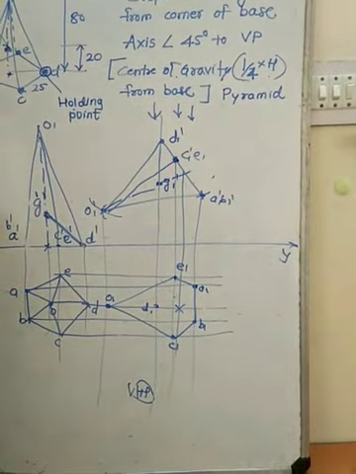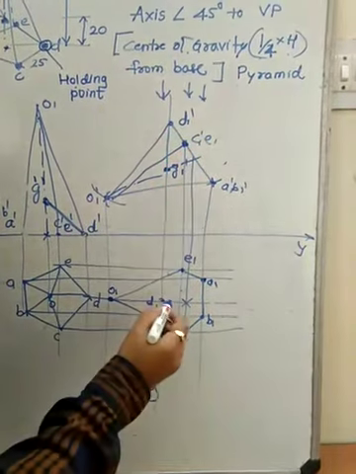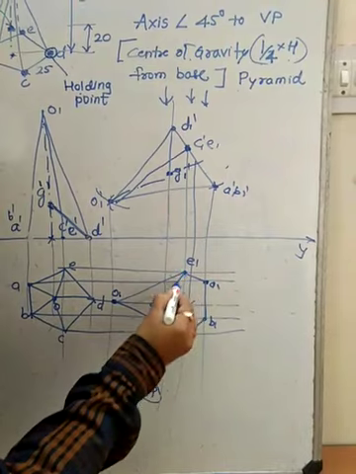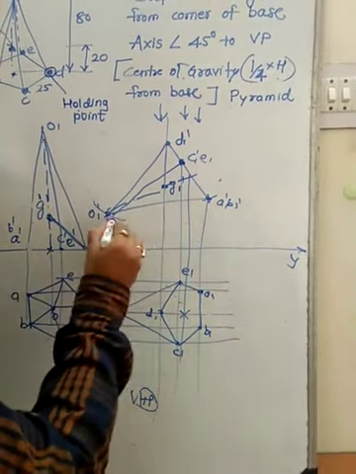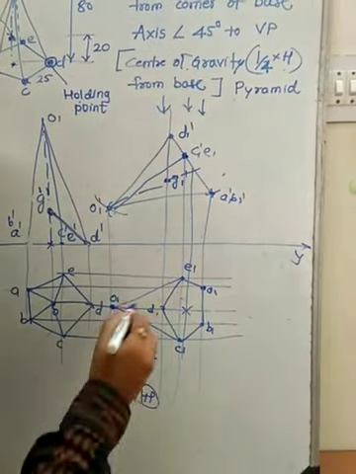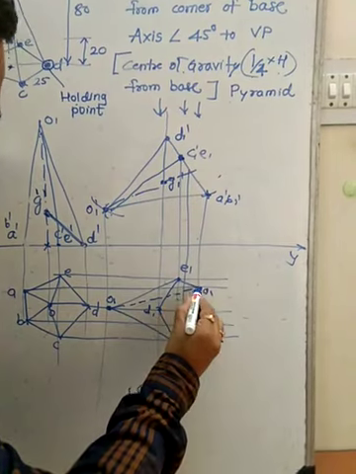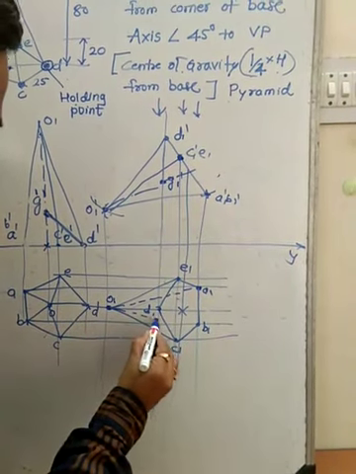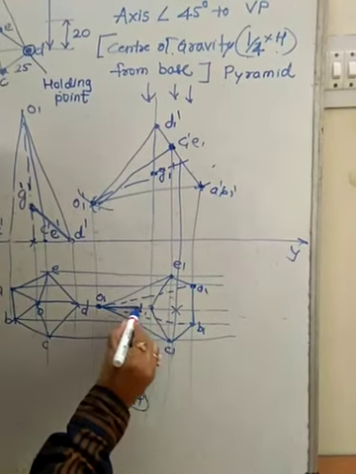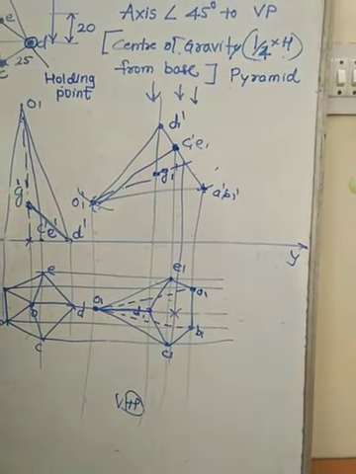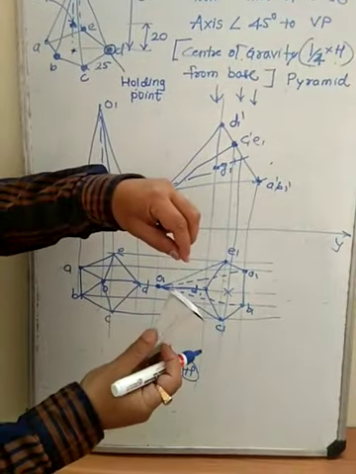You have to observe the solid from top direction. This base is visible, ABCD is visible. So ABCD, this is visible. Now OA and OB, back of the object, observing from this direction. So this should be hidden. And OD should be dark. So OD should be dark. So this is the second position, observing from front and top direction.